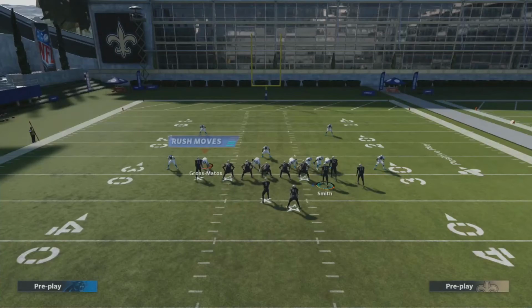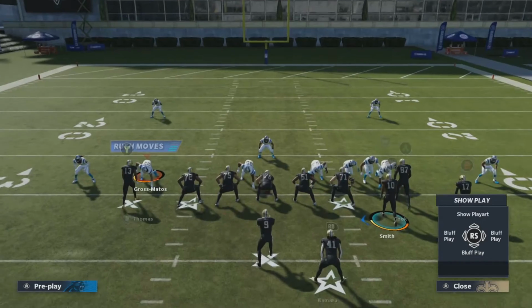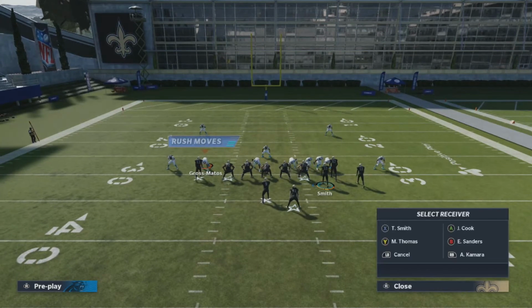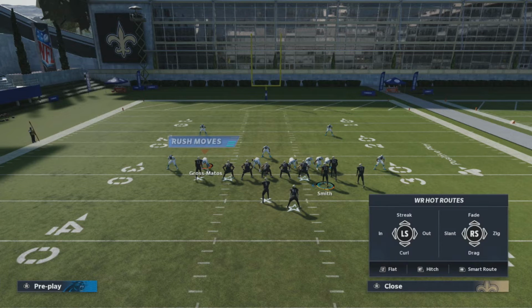So what I want to do is continue on with this and keep going through the breakdown and just walk through some more stuff. All right, so I've already mentioned getting Sanders wide open. Let's try to get Smith wide open. So we're going to go ahead and hot route Cook, and this time we're going to hot